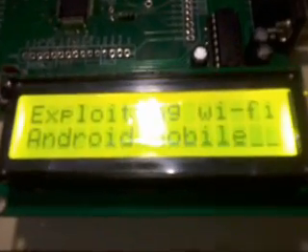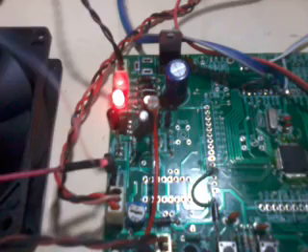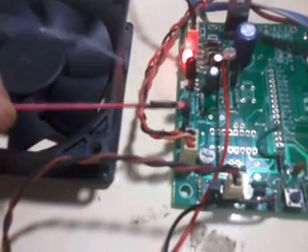Exploiting Wi-Fi Android mobile device, controlling for industrial application: temperature, smoke, intruder, light, fire, humidity. So all the parameters are continuously taken. Now I'll show by increasing the temperature. I am taking one tube stick. If the temperature increases, it is displayed 31, 33, 33, 35, 38, 43, 45, 47. If the temperature is above 45, the fan should be on. If I remove it,